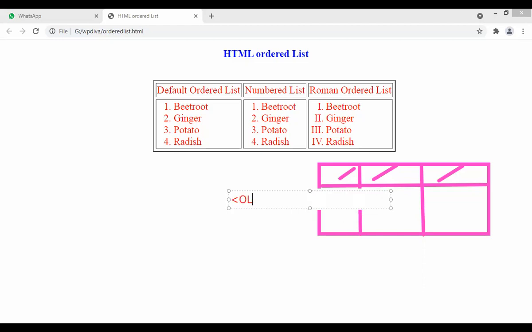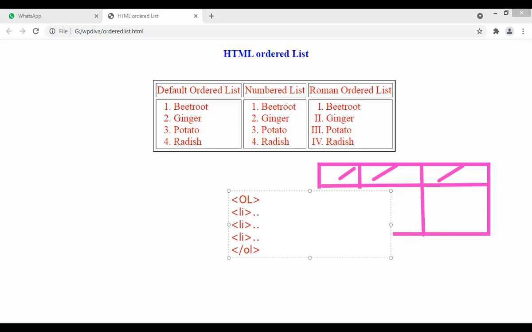First, you have to write an OL, that is an ordered list. How many items you want to add? You can do it using the LI tag, okay? One LI indicates one item, second LI indicates the second item. You have to also close the tags. Third LI indicates the third item. Is it clear? Okay. So you have to also close it just like TR and TD, right? Then after the ordered list is completed, you have to close the ordered list. So by default,